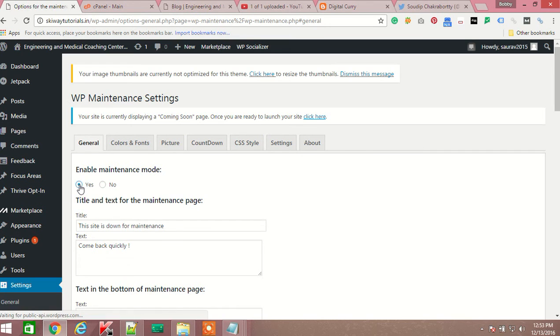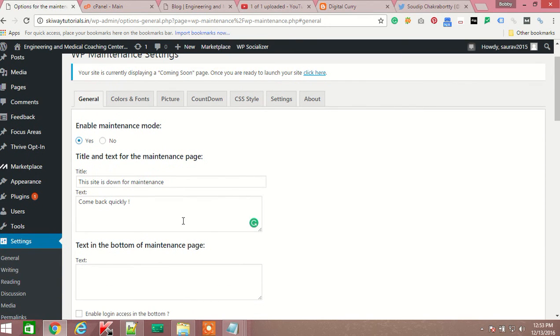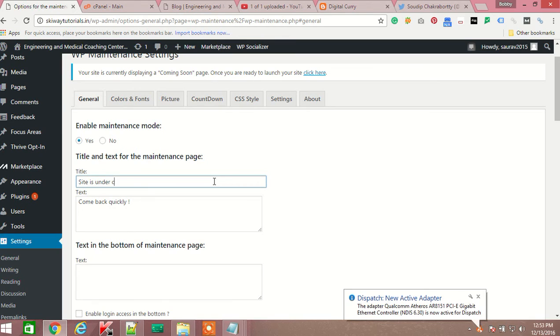Yes, this will enable the mode, and you have to give a proper title: please wait for some more time, or you can say the site is under construction.